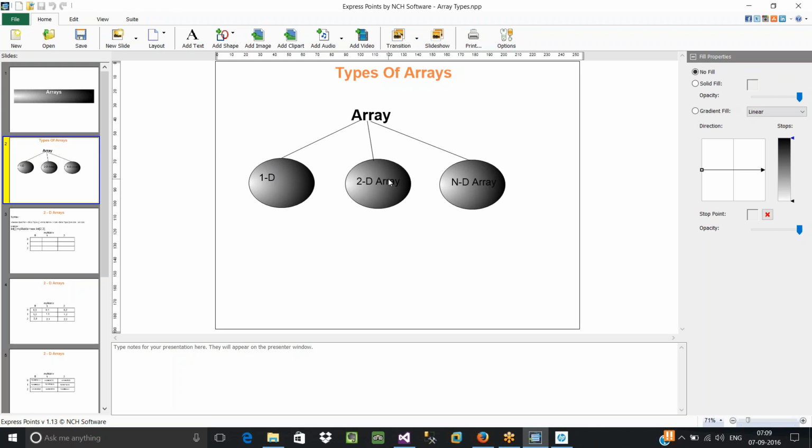Those two different dimensions are going to be row and column. If you need to arrange your data in the form of rows and columns, what is a matrix? A matrix can be defined as a collection of rows and columns.